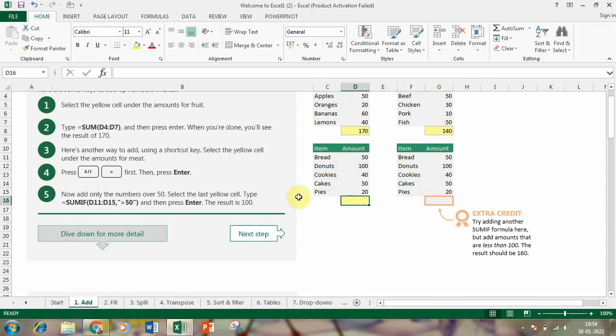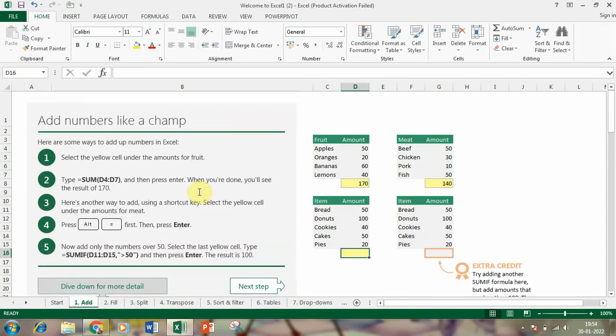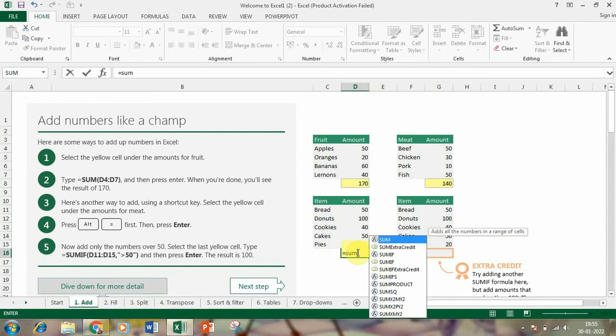Then the next step is another function which you can use, the sum and SUMIF function. Now add only the numbers over 50. Here this instruction says to sum only those numbers which are equal to or greater than 50. Here are three numbers which are greater than or equal to 50. So let's use this function, equal to SUMIF,